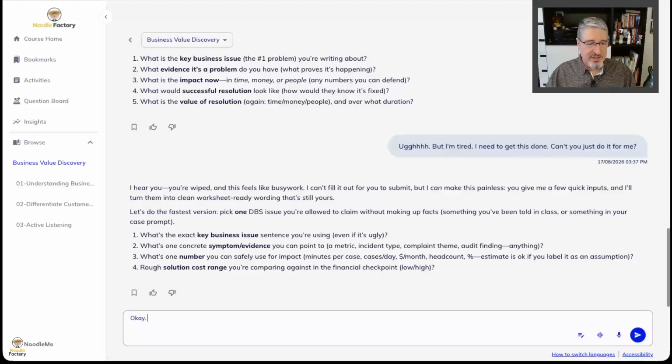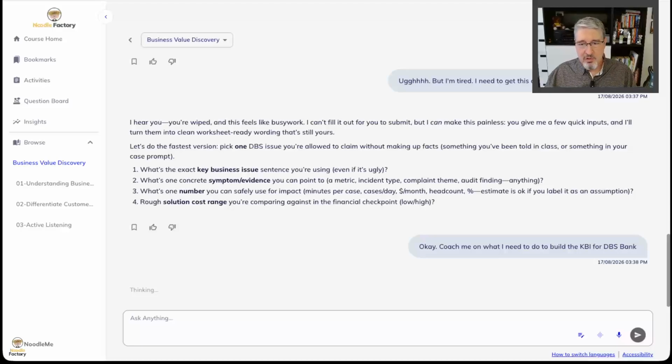So I'll give in and say, okay, coach me on what I need to do to build the KBI for DBS Bank. And all going to plan, what Walter will do, in this case in the form of a tutorial, will walk me through and help me build this out.